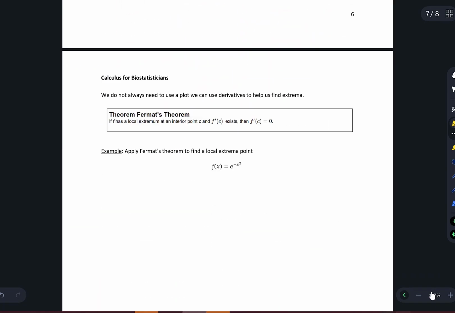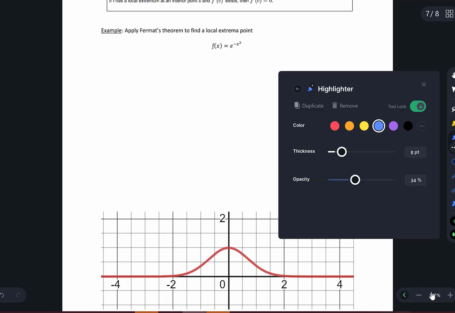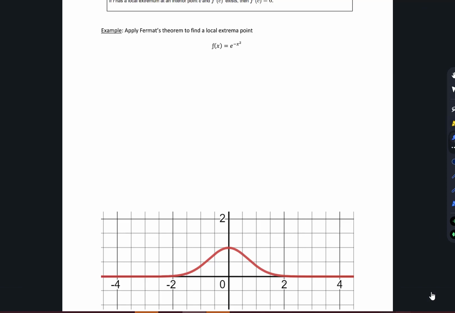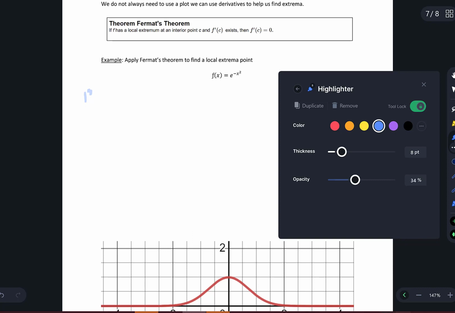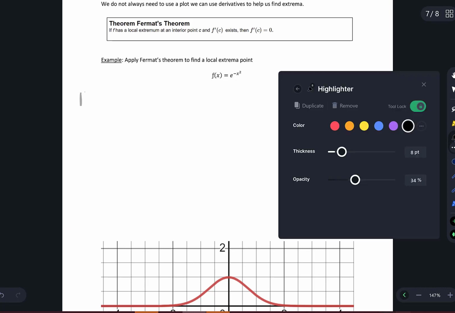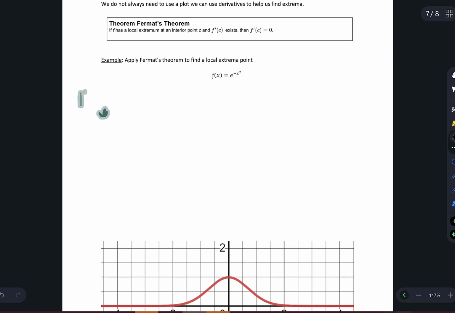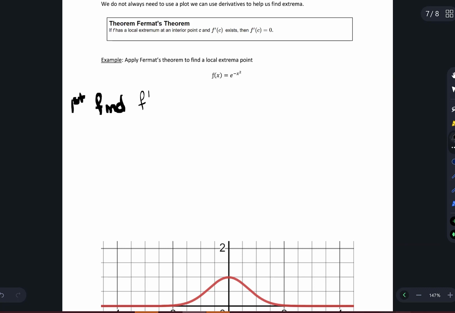All right, so let's go back to our page with Fermat's theorem. What we're going to do is apply Fermat's theorem to find a local extrema point. To do this, we're first going to find the derivative. So by the chain rule,